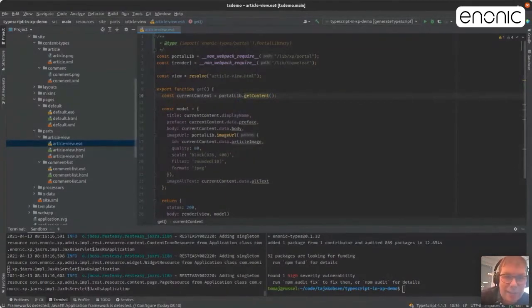But this is a little bit like, let's call it poor man's TypeScript. So you can improve on this by actually moving to TypeScript. And that's the next thing we're going to do. Well, first of all, I want to show you another thing that's really cool, and that has to do